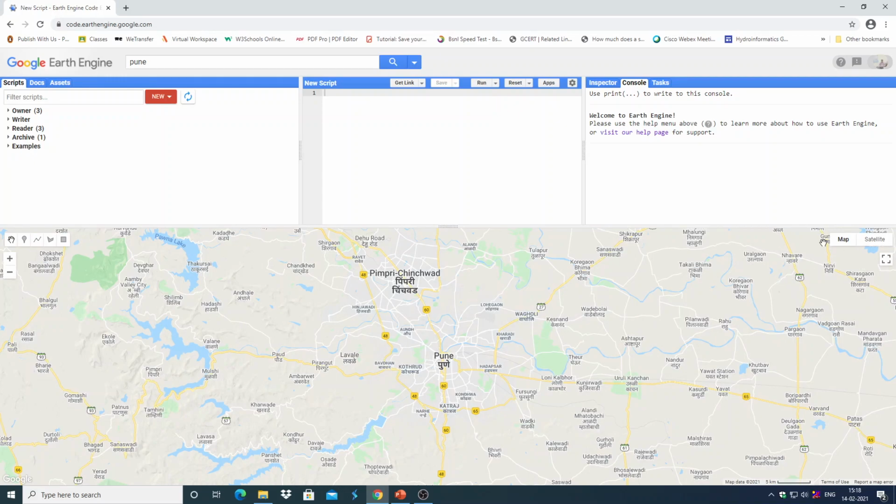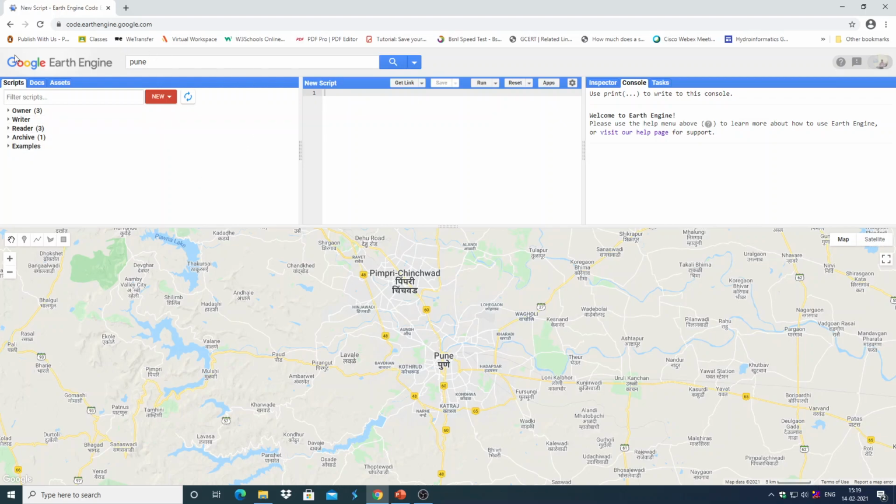And here in the map canvas area, you have geometry tools for drawing features, just as in the GIS software, you create point layers, polygon layers, and line layers. You can create the geometry tools, and you can import them into your script and make use of them. We will see it later.